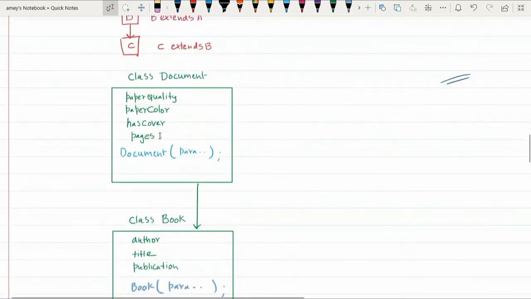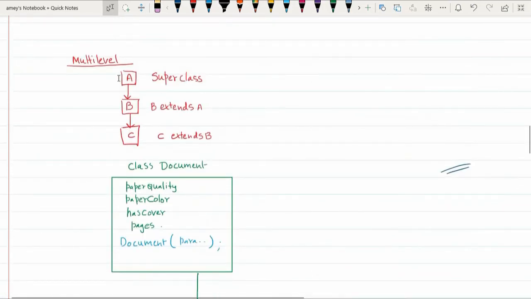Notice that, students, whenever you have multi-level inheritance, the last class over here happens to be the child class. So in multi-level inheritance, always in main we create objects of only the child class, and the object of the child class can then access the elements of the next parent class or the grandparent class. But for execution purposes, you will always create the objects of only the child class. You will not create an object of the intermediate superclass or the topmost superclass. You will always create objects of the child class.